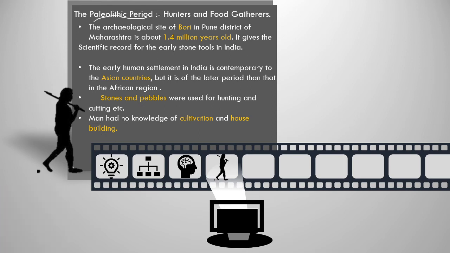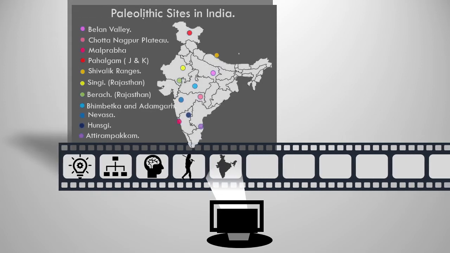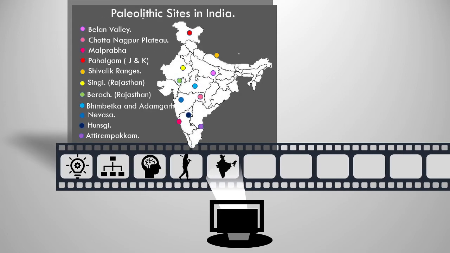After that, they started doing more inventions. Now, this is the most important. For this, you need to print a small Paleolithic site map or the political map of India. You have to print it like this, and you have to mark these 11 very important Paleolithic sites situated in India. They are very important. Map work is very important, so you cannot deny it.